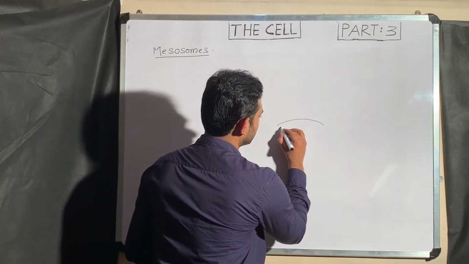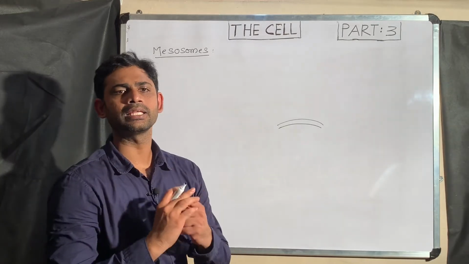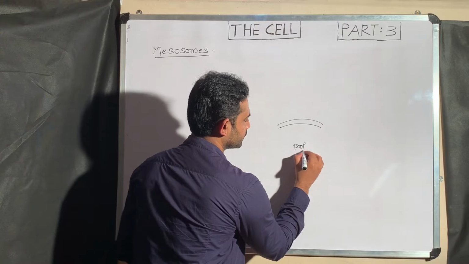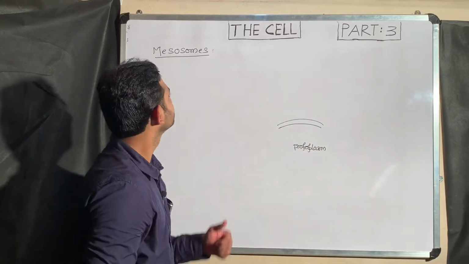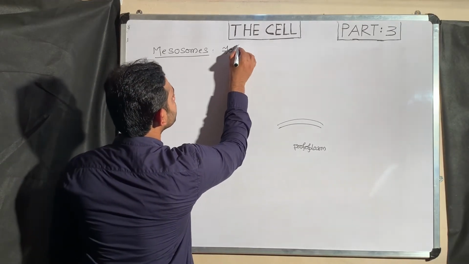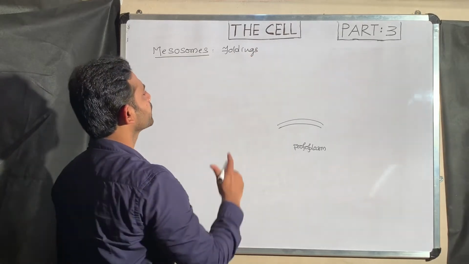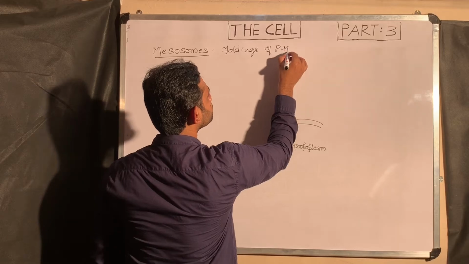This is a cell membrane. Actually these mesosomes are the extensions of the cell membrane. This one is the protoplasm towards the inside. So I am going to make it like these mesosomes are foldings. Remember foldings, I will explain. Foldings of plasma membrane